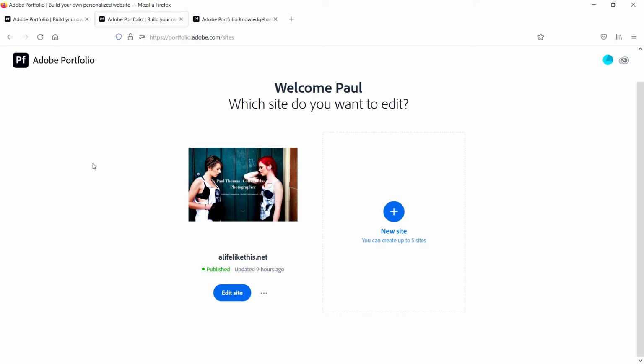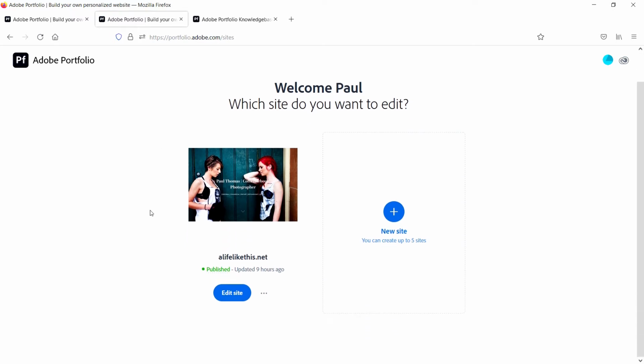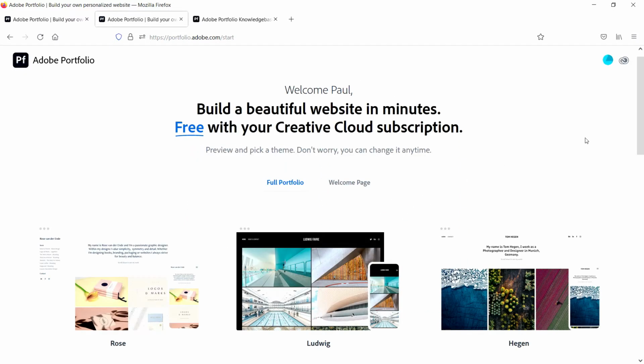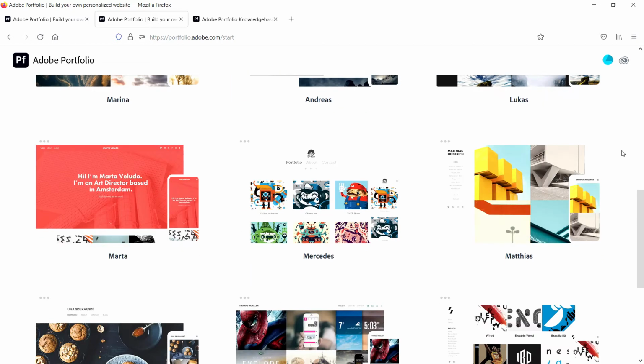So your welcome page will show you, if you've got a website set up already, a preview of that. You can go in and edit the site over here, and if you haven't, you'll see just the create new site, and you can create up to 5 websites with Creative Cloud. So I'm going to click on new site, and the next screen shows us live previews of the themes that